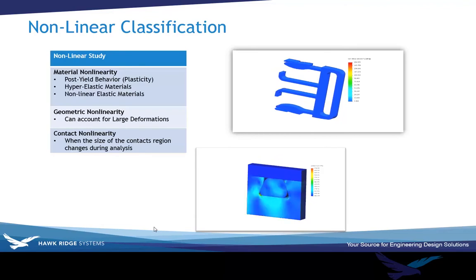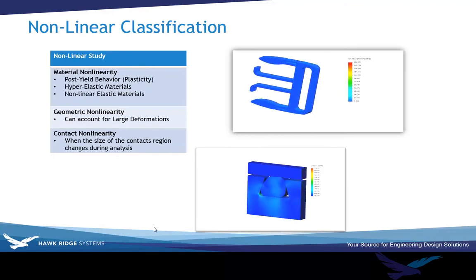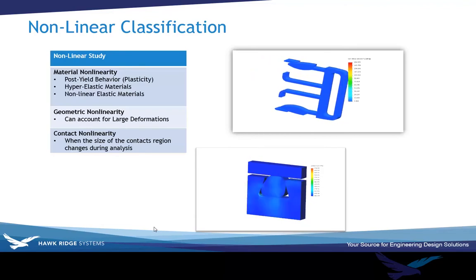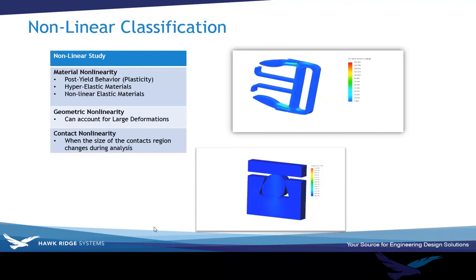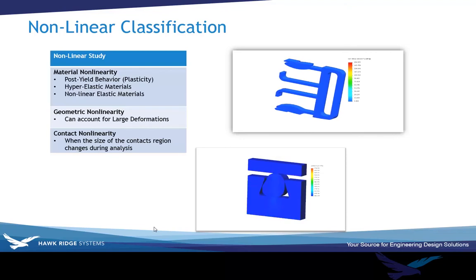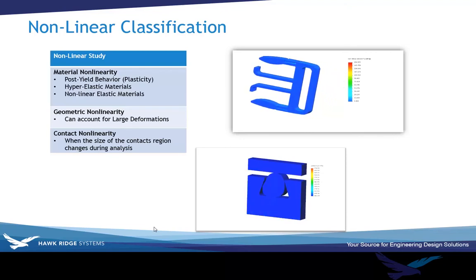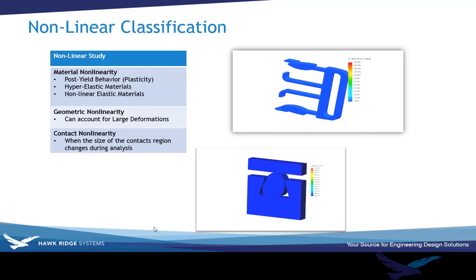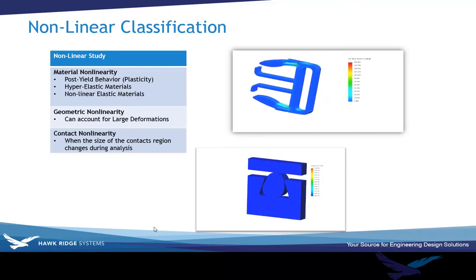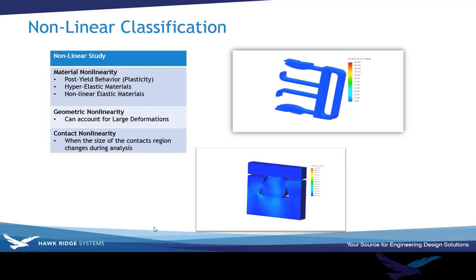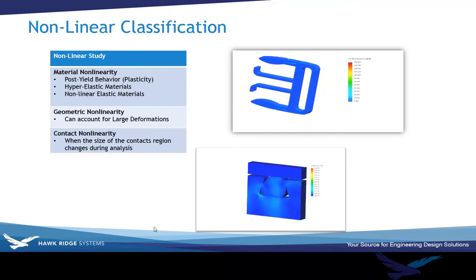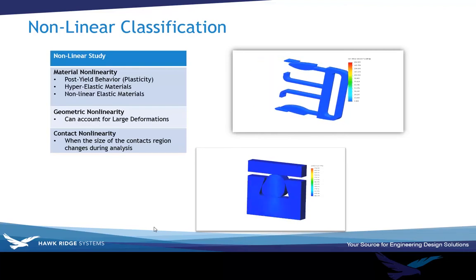And then the last category deals with contact, when the size of the contact region changes during the analysis. And that's really what you're seeing here with the top clip. You see that we can't really do that type of analysis with the linear static because the contacts are changing as the part is moving. So if you have any type of analysis where that's happening, you automatically have to default to a nonlinear problem,